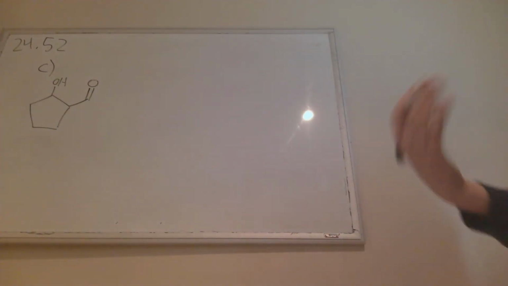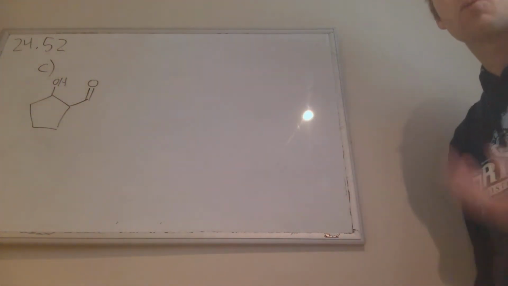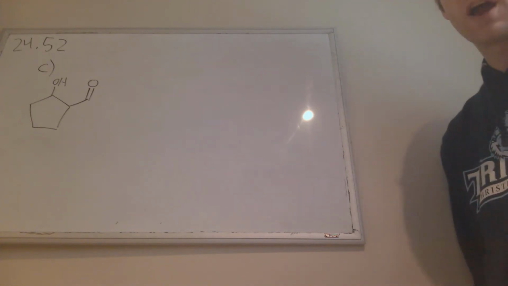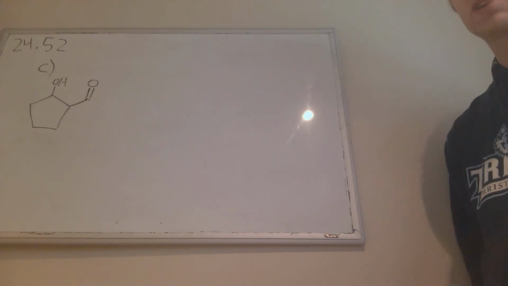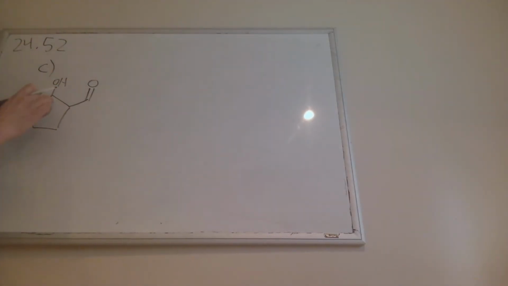52 is a little bit harder because now we have a 5-membered ring and we're used to seeing 6-membered rings as the product of Diels-Alder reactions. So we know we're not going to start out with the Diels-Alder reaction to begin with. What we do see is a 1,3 positioning of an aldehyde and an alcohol, which actually can be a pretty